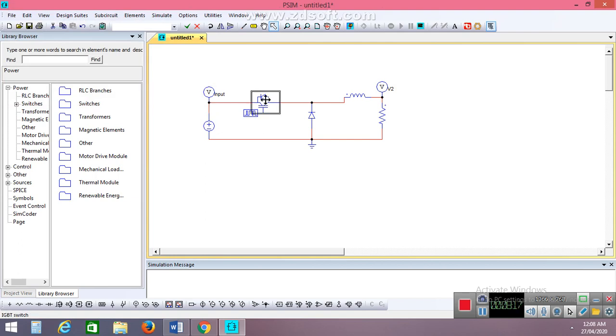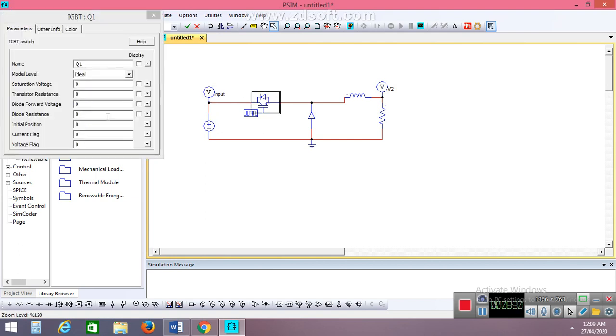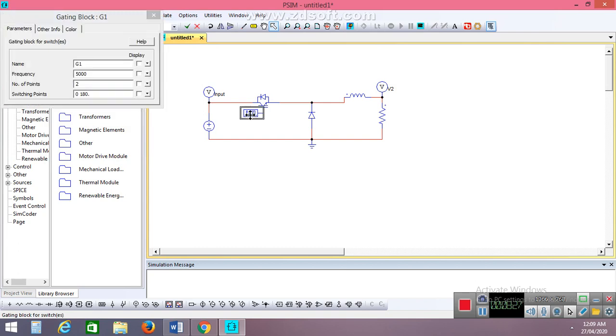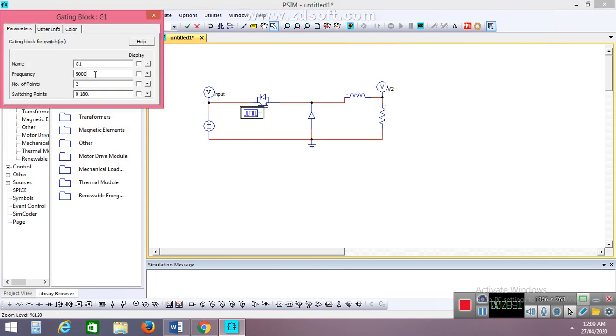Then this is the IGBT switch, so keep it as it is. Then this gating signal. We know that we are going to keep the frequency of 1 kilohertz, that is 1000 hertz. These two things are important, as they will decide the duty cycle. The number of points will be 2, and the switching points will be 0